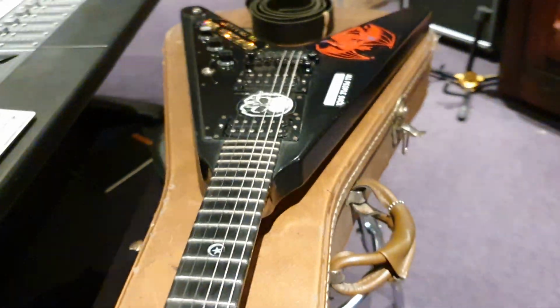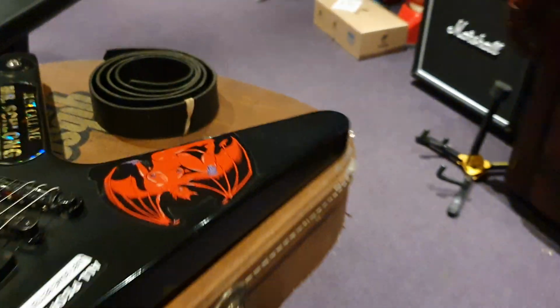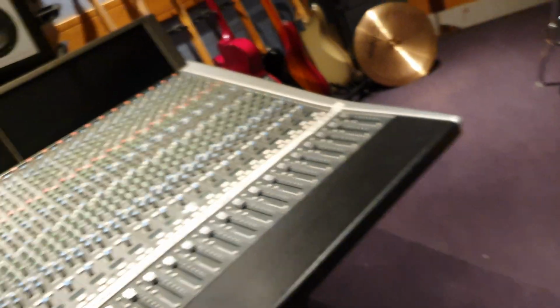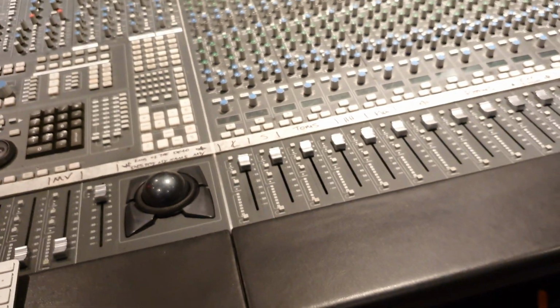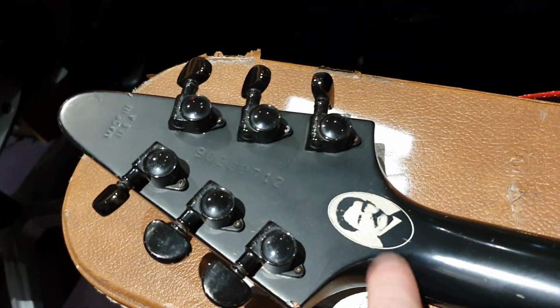I remember Musician's Friend in 1999 when this came out in America. It was priced kind of cheap too. I think they were like $999. I think Gibson was trying to appeal to a more metal oriented crowd with this. And then you got, I thought it was Edgar